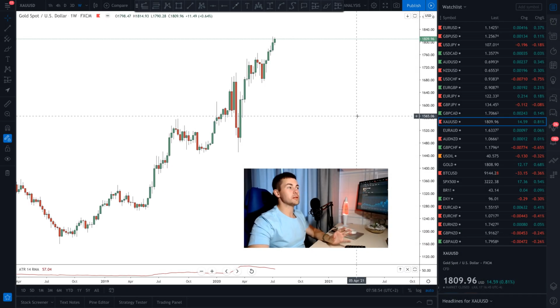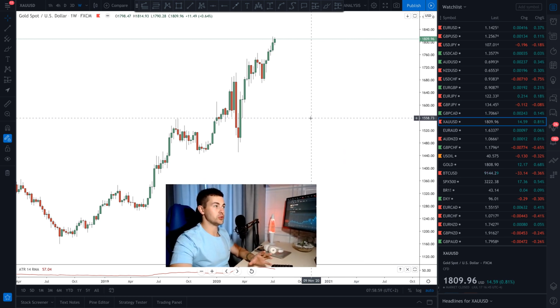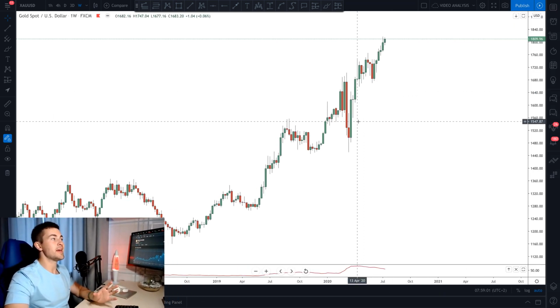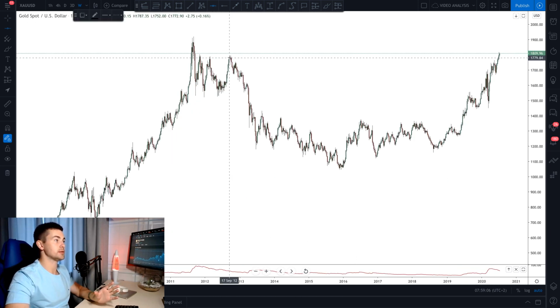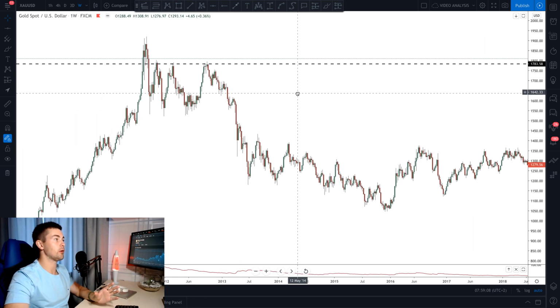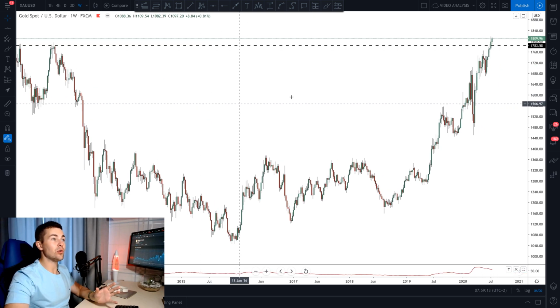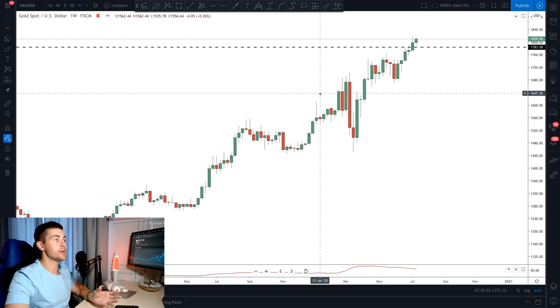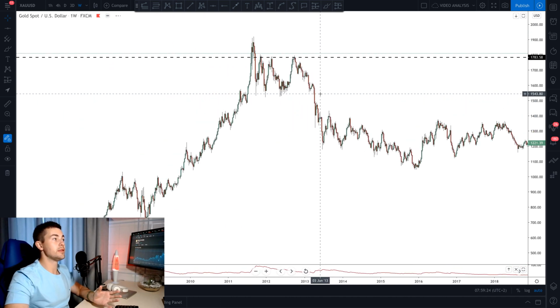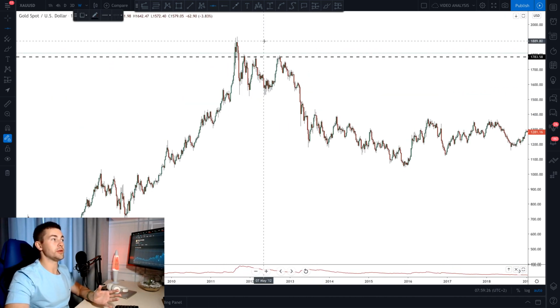Alright, so first let's start with the long-term perspective on gold, and let's briefly analyze the weekly chart. What we should realize is that here come our previous structure highs, the highs of 2011 and 2012, and now we are clearly above that. The weekly candle has closed above that, and now you see that we're going higher, and most likely the all-time high will be reached soon, right?